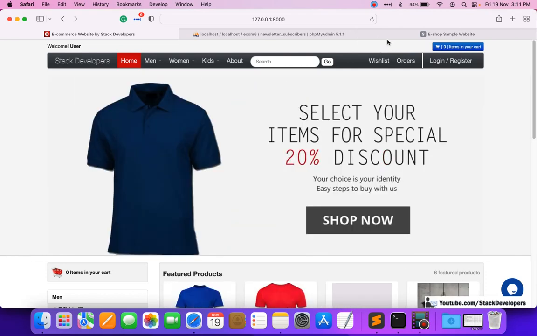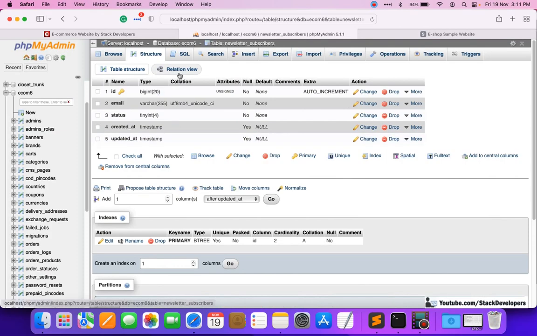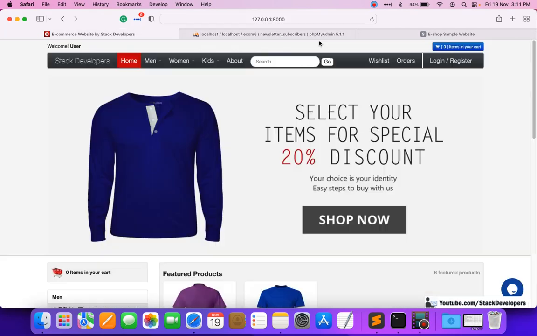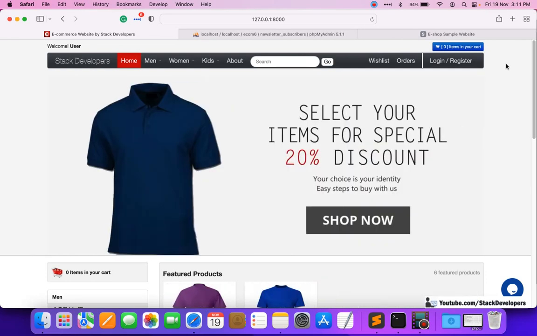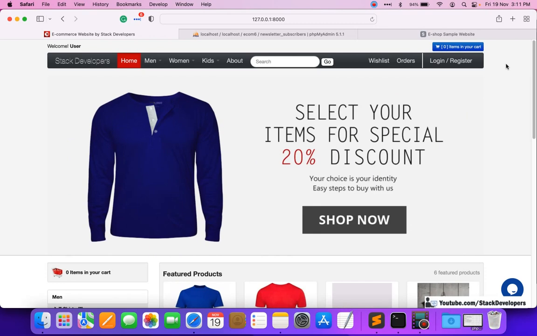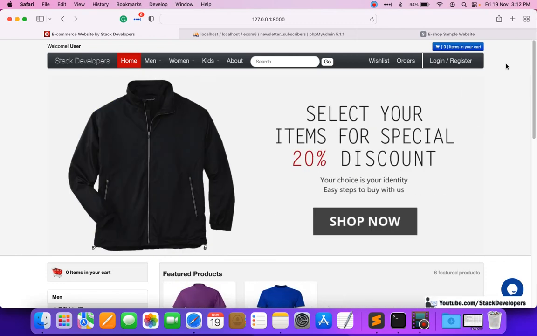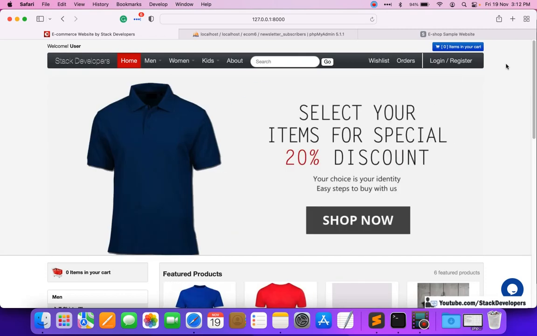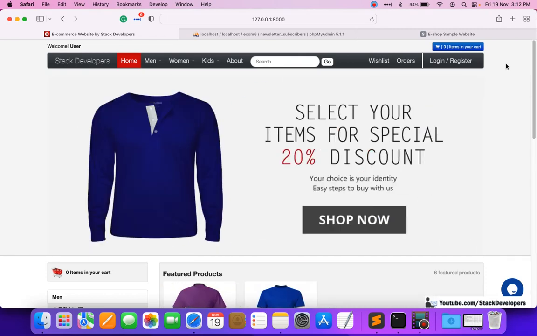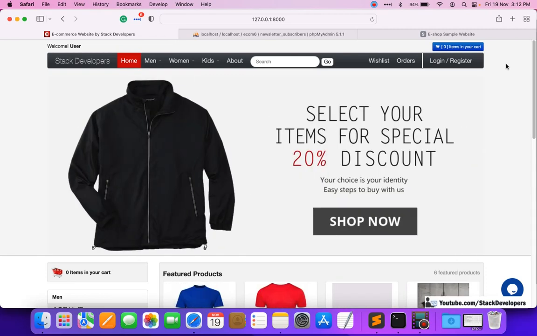We are going to first compare whether the email id already exists or not, and whether it's an actual email or not. If the email id does not exist, then we will enter it and alert the user with a success message like thanks for subscribing. And if the email exists, then we will show an error message to the user that the email already exists. Okay, newsletter subscriber email already exists.